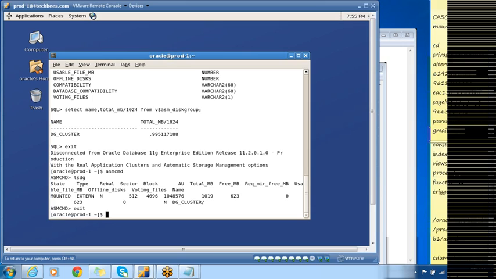When we did it for standalone, we created disk groups, right? Using which utility did we create the disk groups? I showed you 2 ways using which we can create the disk groups.